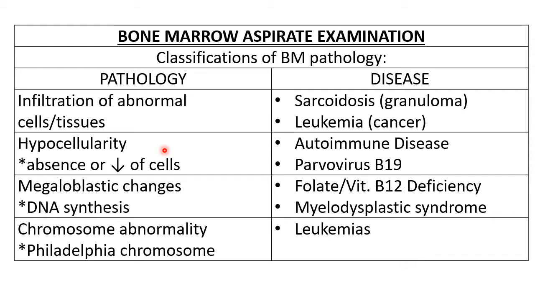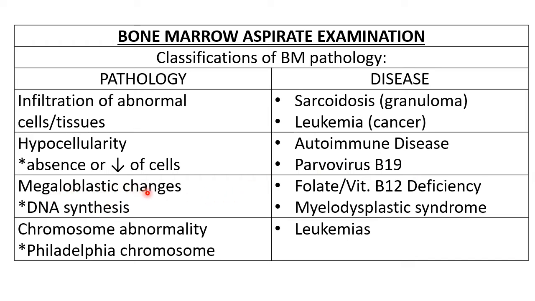If ever na-observe mo sa bone marrow aspirate mo na wala kang masyadong nakitang cells, no, or tinatawag nating hypocellularity, you suspect the following conditions. Baka may autoimmune disease. Ano ibig sabihin ng autoimmune disease ulit? Ito yung mga condition na nagproduce ka ng antibodies against yourself, no? Yung mga organs mo. So baka may mga antibodies ka against the proteins found in bone marrow. The next, parvovirus B19 infection, no, can cause your pure red cell aplasia or bagsak lahat yung red blood cell lineage mo.